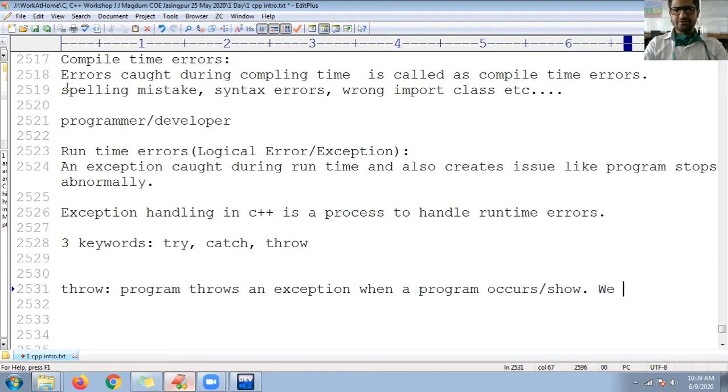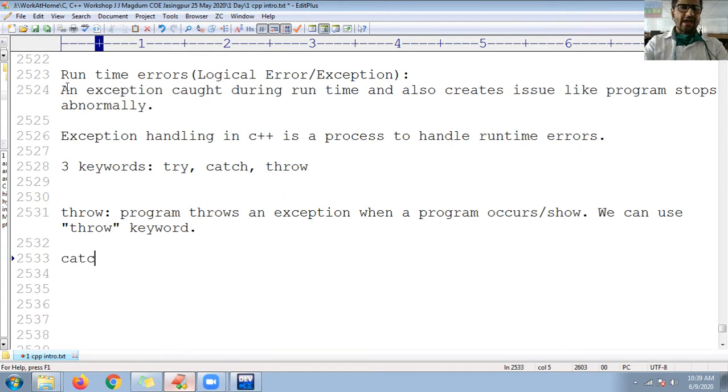So we can use the throw keyword here. Okay, guys, fine. Now let me use catch.